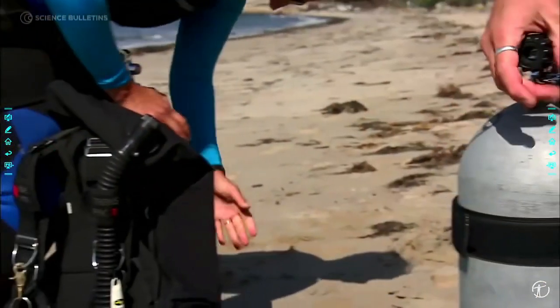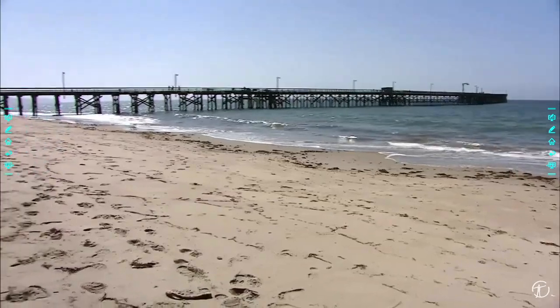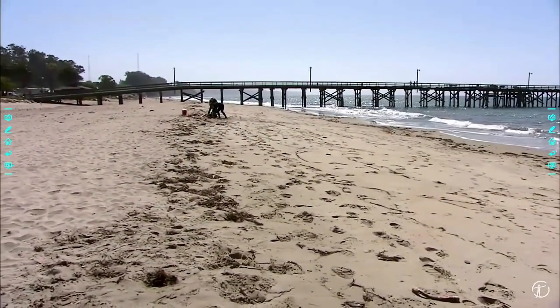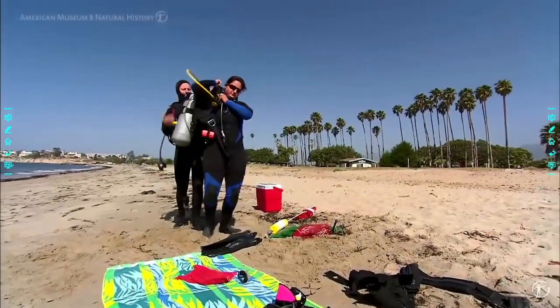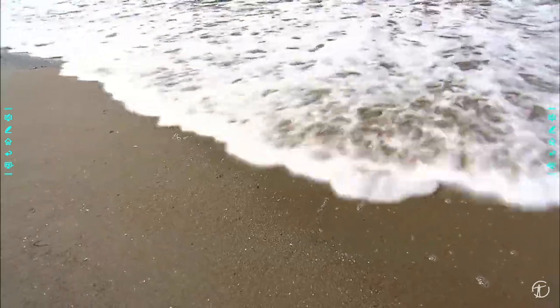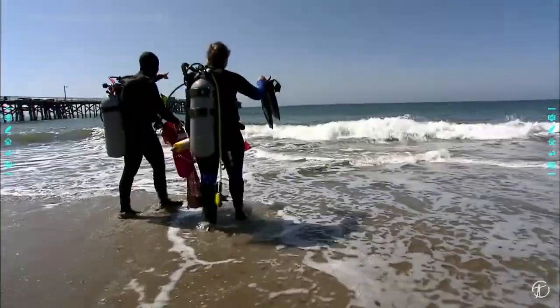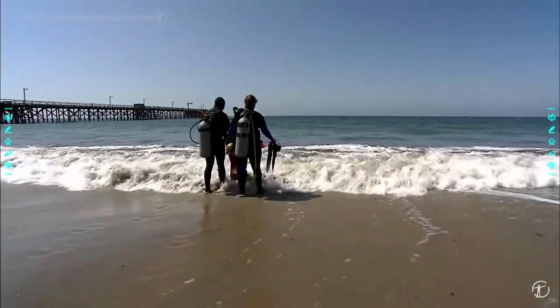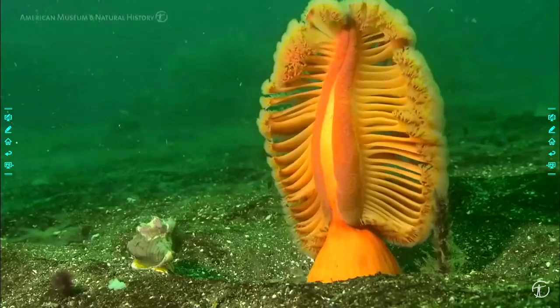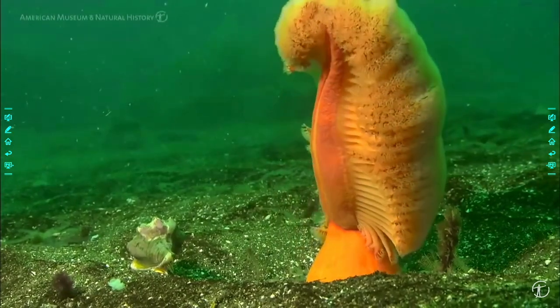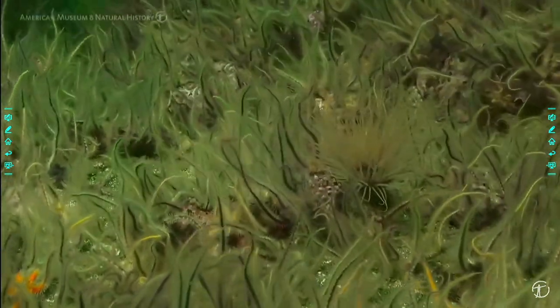This morning we're going to go ahead and dive right here off the pier. We're hoping just to do a beach dive and collect 10 or 15 red sea urchins that we're hoping to be able to bring back to the lab to do some ocean acidification experiments. Basically, they are collecting the samples from oceans to test in the lab whether it is acidic or not.